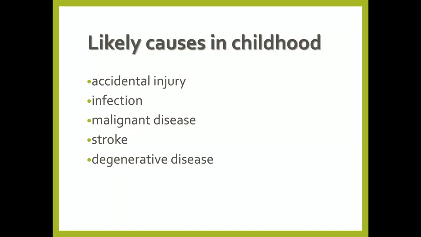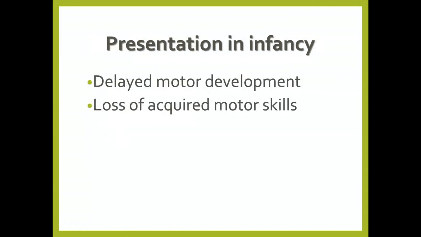In childhood, injuries are common causes of neurologic dysfunction and weakness. Also, there's the role of infection, meningitis, encephalitis, malignant disease such as brain tumors, stroke, particularly in our population with children with sickle cell disease, and there is degenerative disease. So in infancy, the child tends to present in one of two ways. That presenting with delayed motor development from the beginning, so they're just not meeting their milestones, or presenting with loss